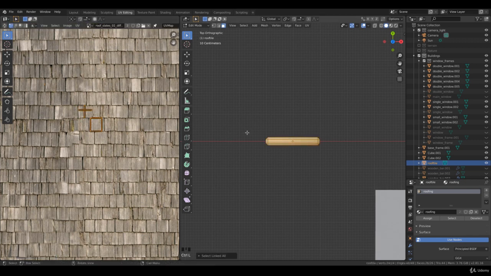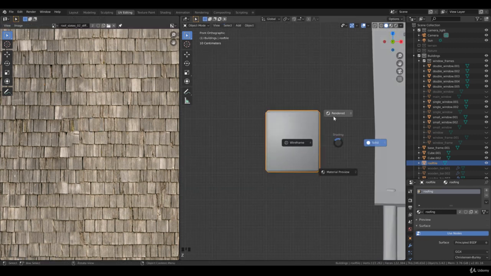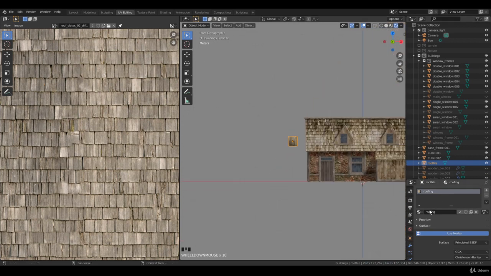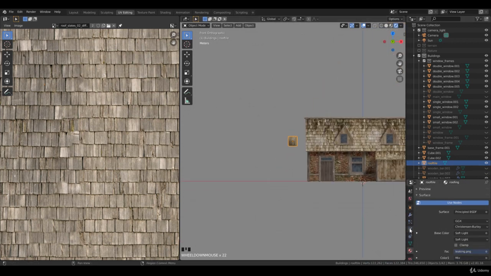Control L, and now you want to grab these and put them on the same spot. Let's rotate it. Control L. Brilliant. Oh, we have one more. And rotate that one as well. So now we have this roof tile, and we need to do one more thing for the material or